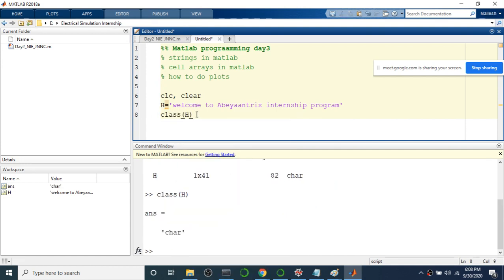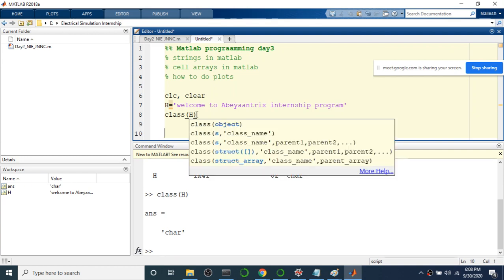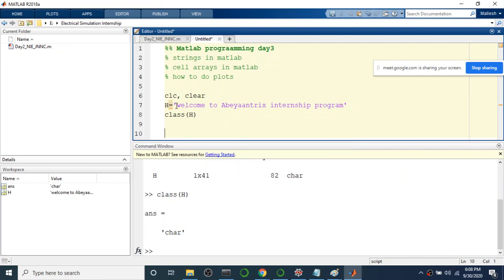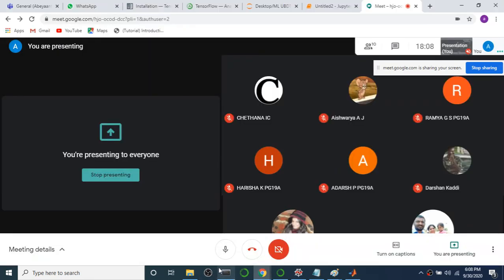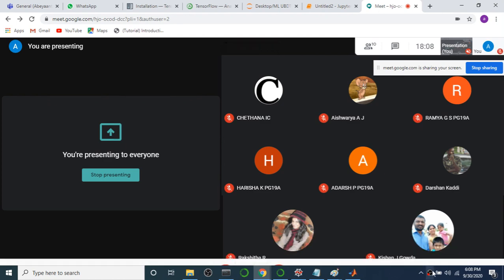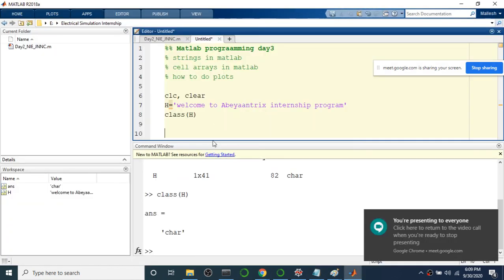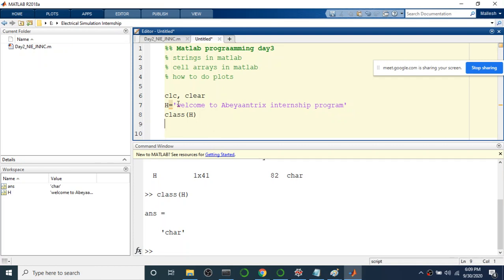Now in order to access the content of it, w is the first element, e is the second, l is the third, fourth, fifth, sixth, seventh, and so on, up to the 41st character. As I mentioned, each character is stored as one element, so you have a total of 41 elements.